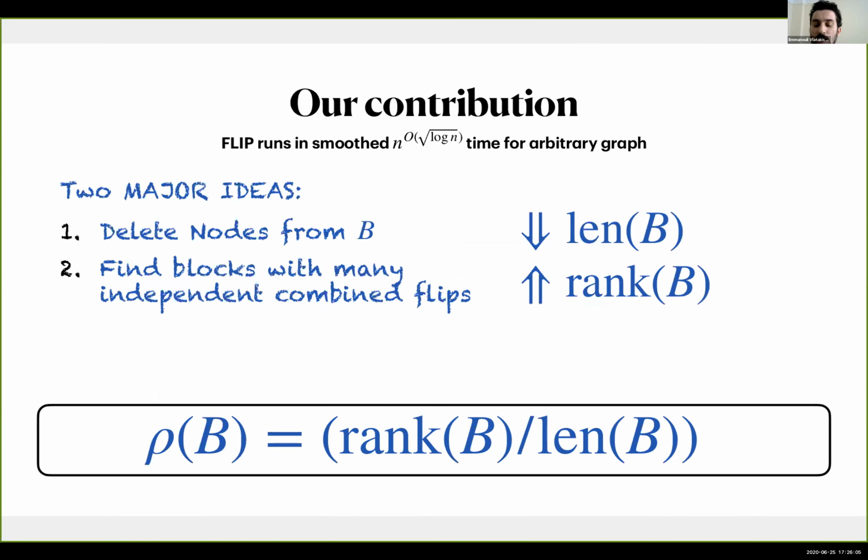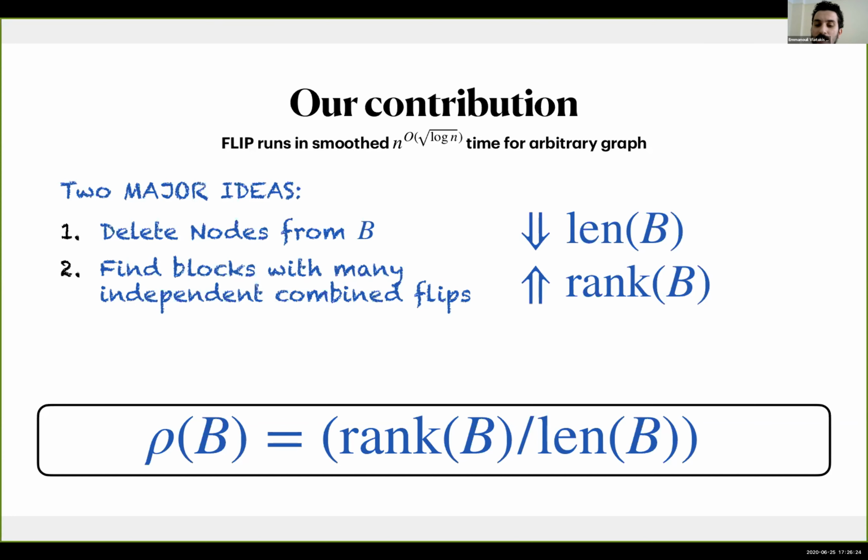Or if we cannot delete, then we show that this is never against us, and we can always increase the number of independent flips or the number of independent combinations of flips. Thus, we can always increase the density of independent components inside the block that we analyze,